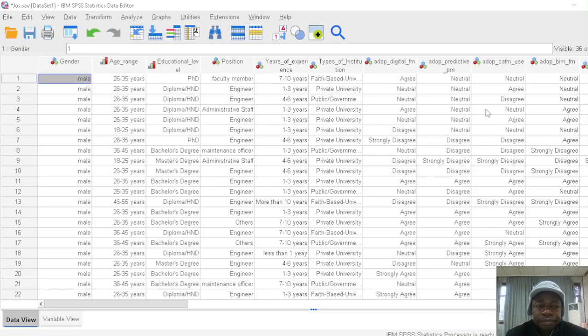Hello everyone. In today's session, we are going to learn how to create and interpret frequency distribution table using SPSS. Now the question is, what is a frequency distribution table? A frequency distribution table is a table that shows a category and the number of times that category appears in